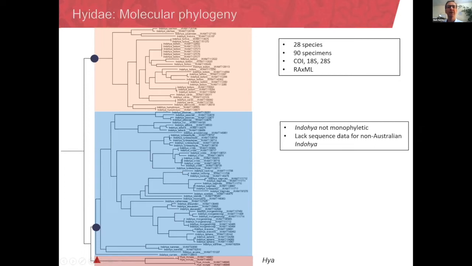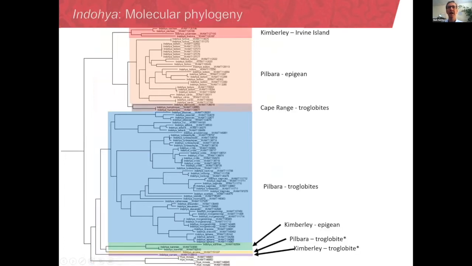We've also got a couple of issues down here: a couple of specimens for which we only have one gene region, and so I realised yesterday that perhaps taking those out might improve the topology of our tree a little bit. But that really doesn't affect the main thesis that we're planning to explain to you today.